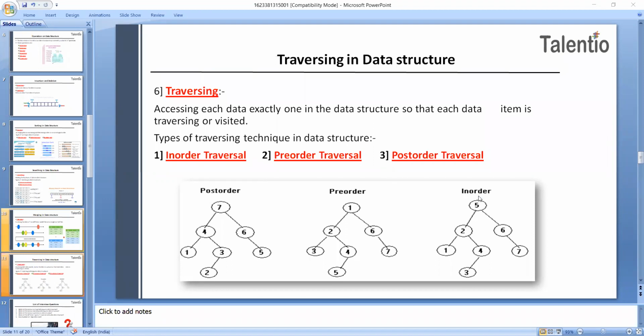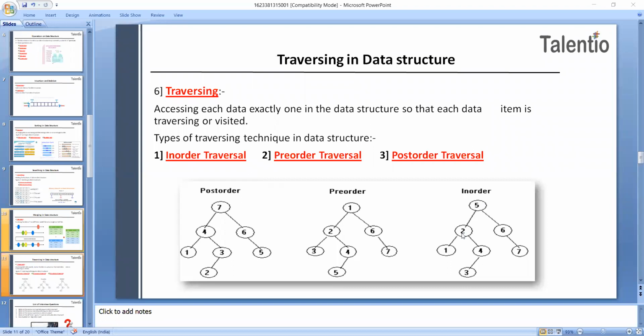Now let's take an example, like this 5. We will take a, b, c, d so it becomes easier. This is the a value, this is the b value, this is the d value, this is the e value, and this is c. For this c we will take two more, f and g. If I start from the a value, I start from the root, and following in order traversal we go to this side, the 2 value, which is b.